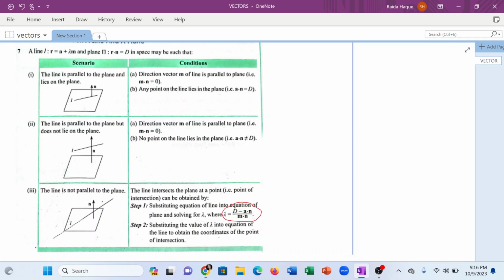So first we had the equation of the line, which is r equals a plus lambda m, and we had r dot n equals d. So if we substitute the value of r, we end up with,